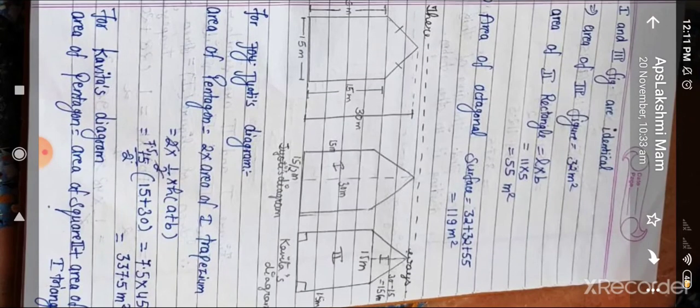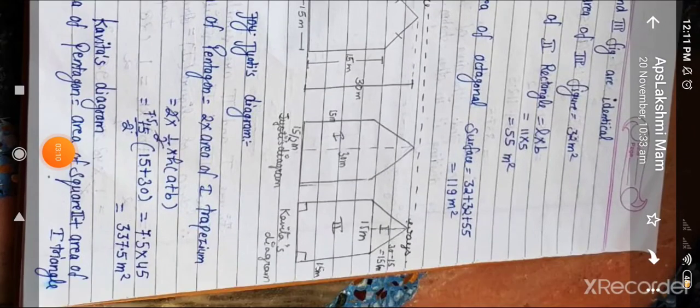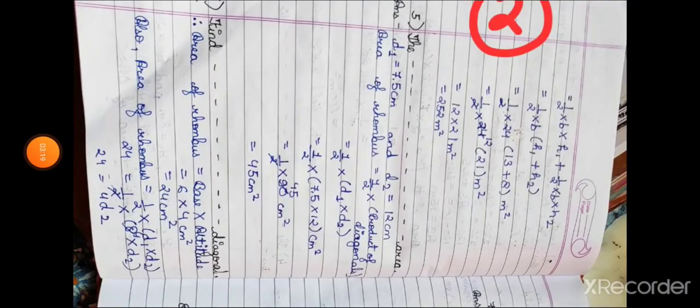And it is also clear from the diagram that Kavita divides her diagram into a triangular shape, and the second one is in the shape of a square. So first we find the area of the square and then we find the area of the triangle. After adding both the figures, we have the area of the pentagon. The value is the same as Jyoti's.